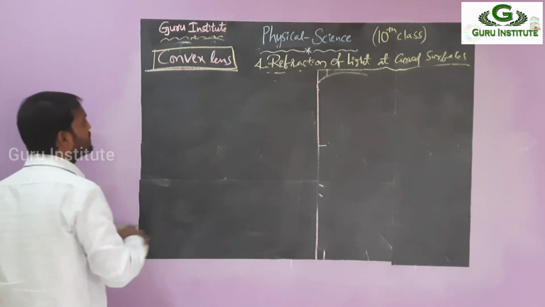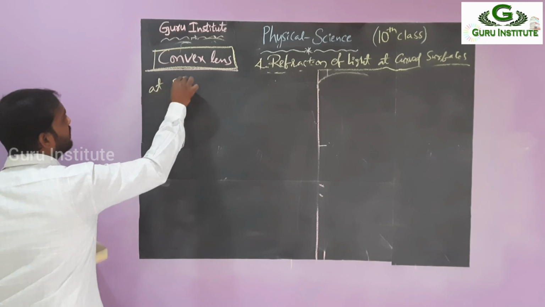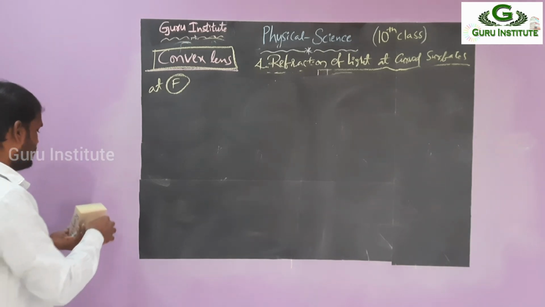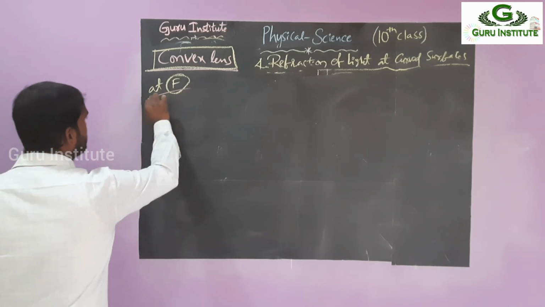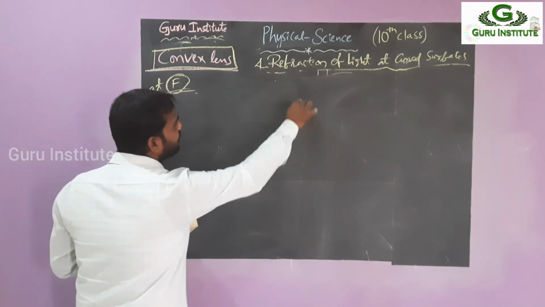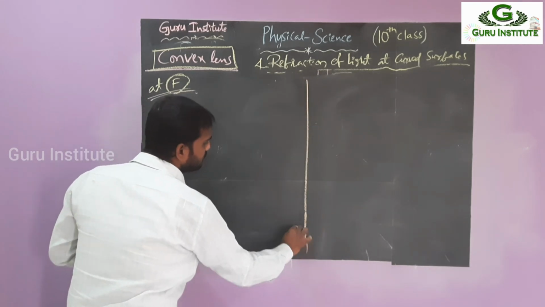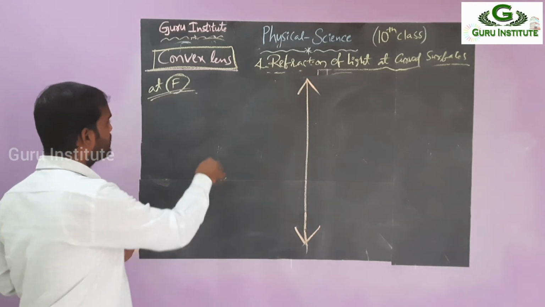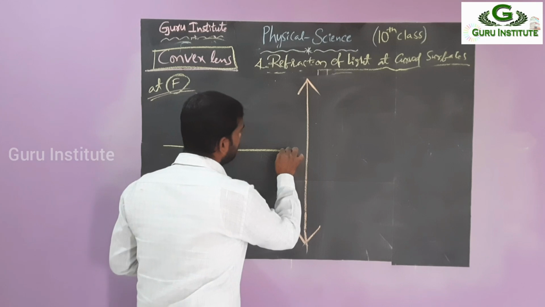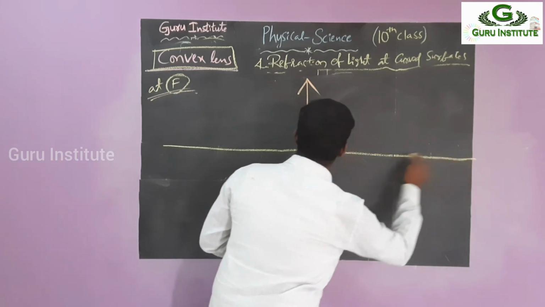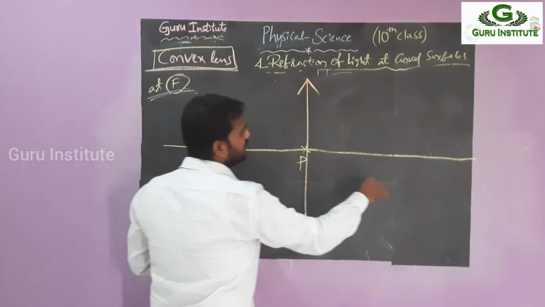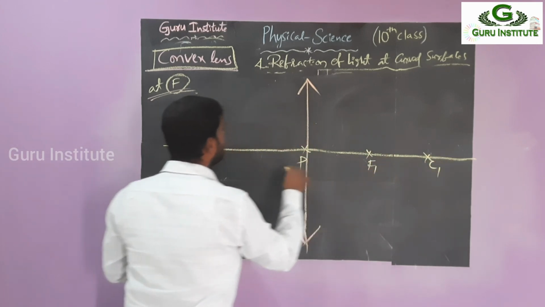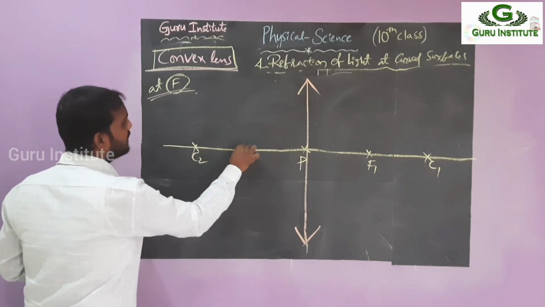Next, which case now? At F. For F, we are drawing clearly. We are taking only a single picture. Okay, right? At F case, only a single picture. Just see here. For understanding purposes, these are special cases, so that's why we are taking the larger one. Use scales every time. It is not possible for me to use the scale here, so I am drawing with a free hand. Okay, right? C2 and F2.